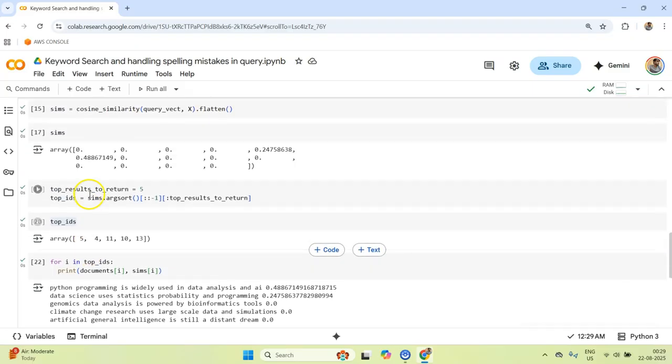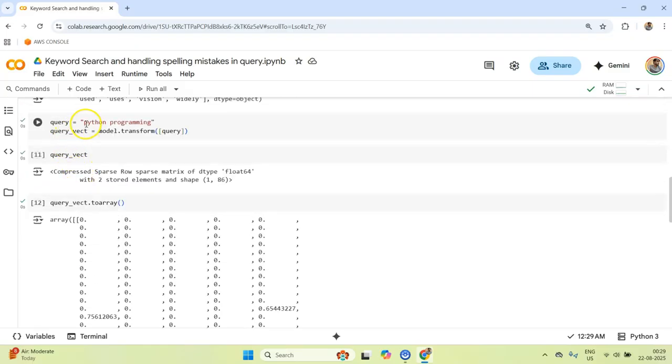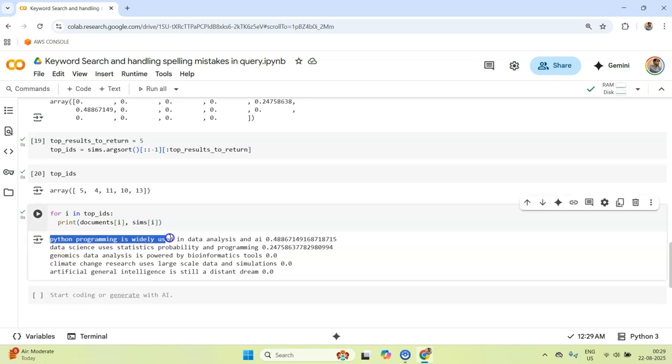So now we can see for the query "Python programming", we are getting the first result as "Python programming is widely used", and then the second result also. Why? Because "programming" is there. And in the third document, since these results are coming from mathematical models, they are trying to return something, but it does not make sense, because in keyword search you match exactly, you don't match the semantics of the words or sentences. So you match the first one exactly and match the second one. Now here is where the catch will happen.